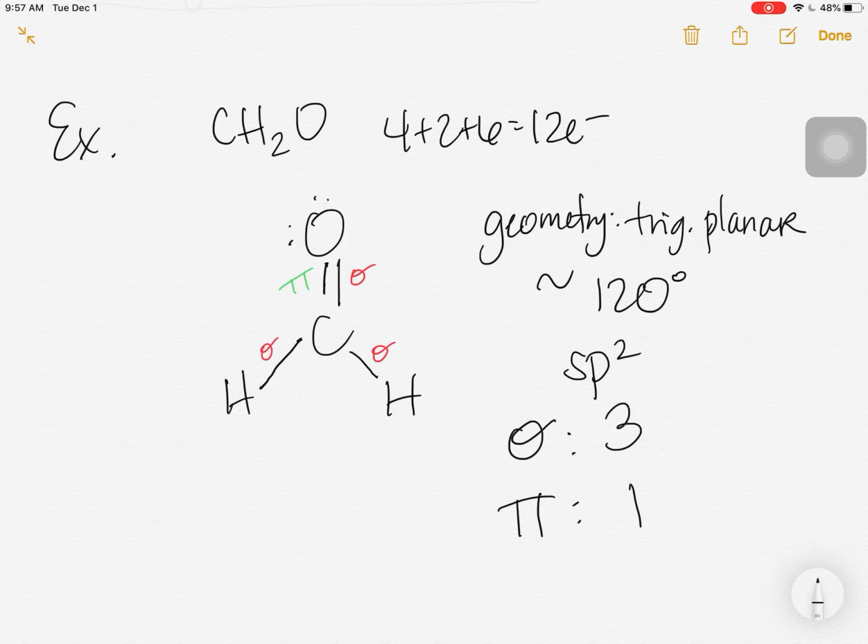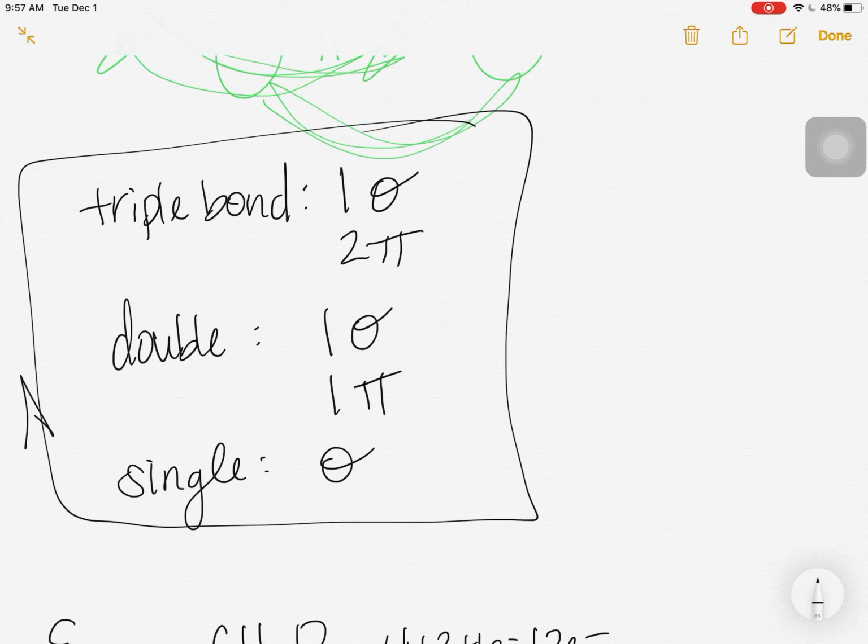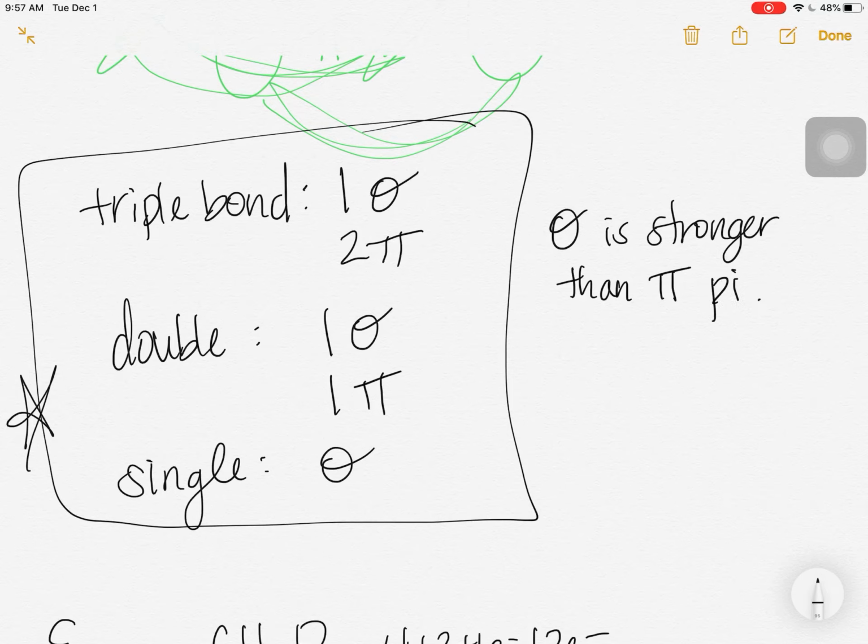So that's a discussion of what sigma is, what pi is, and how it builds into this idea of hybridization. One last thing, and I'll put it up here where I wrote this kind of important box. The other thing that you should probably know is that a sigma bond is stronger than a pi bond. And that's only because the overlap is like more direct as it's along the internuclear axis. Okay, so if you just had a sigma bond and just a pi bond, the sigma bond would be stronger because it's more of a direct